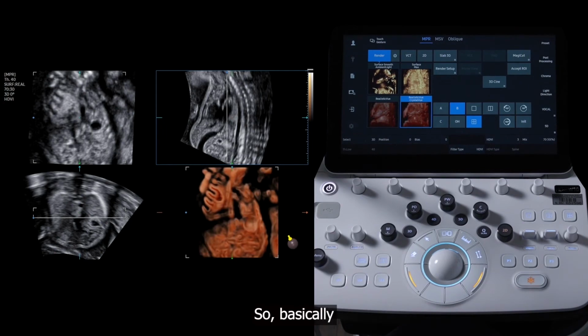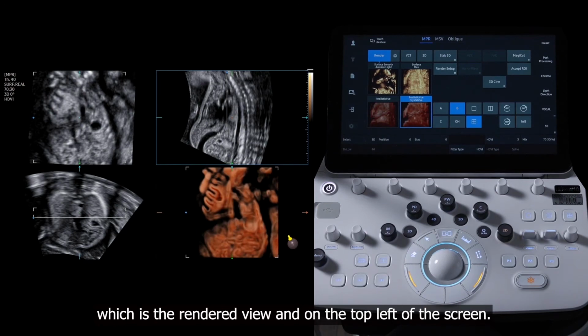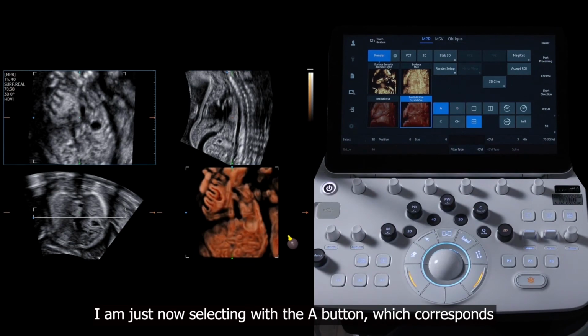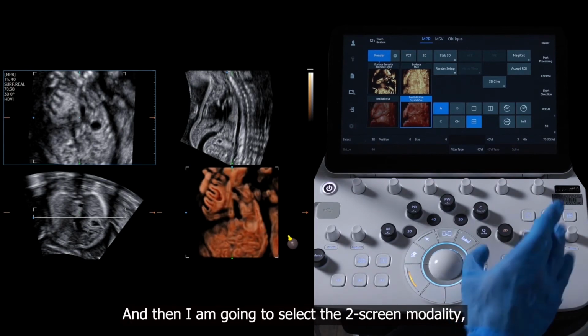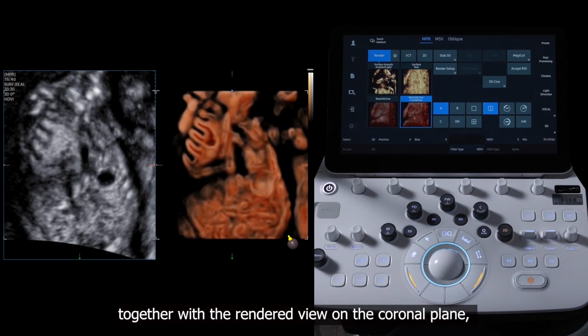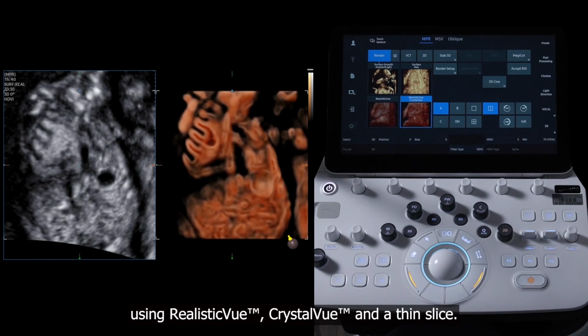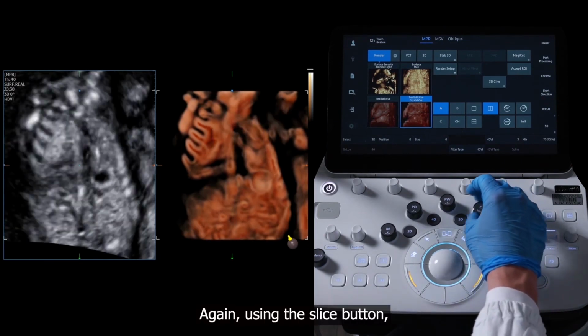So basically, what is herein represented at the bottom right, which is the rendered view, and at the top left of the screen. I'm just now selecting with the A button, which corresponds to the multiplanar imaging on the coronal view, and I'm going to select the two-screen modality in order to see the multiplanar imaging on the coronal plane together with the rendered view on the coronal plane using RealisticVue, CrystalVue, and thin slice. Again, using the slice button,